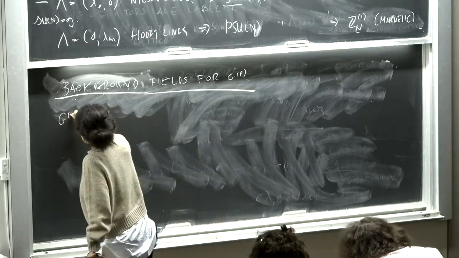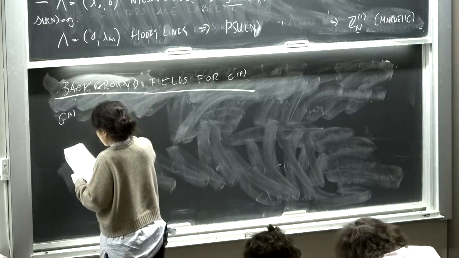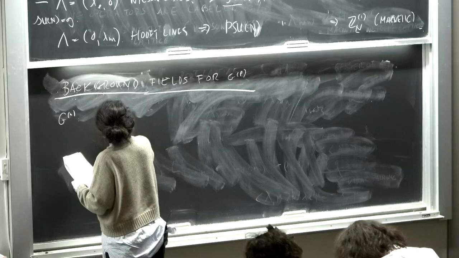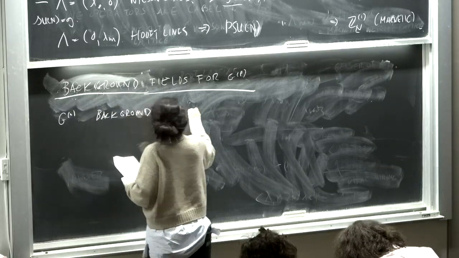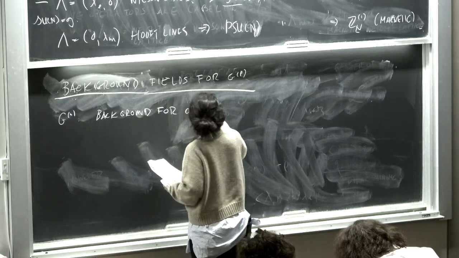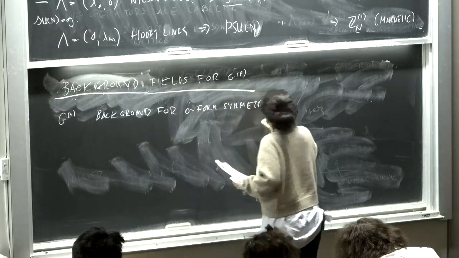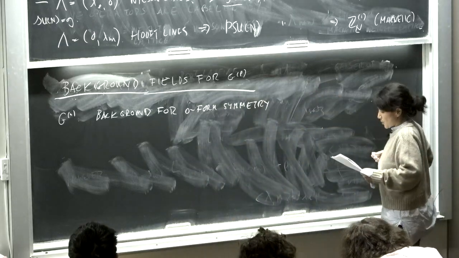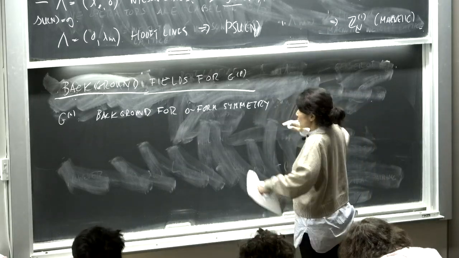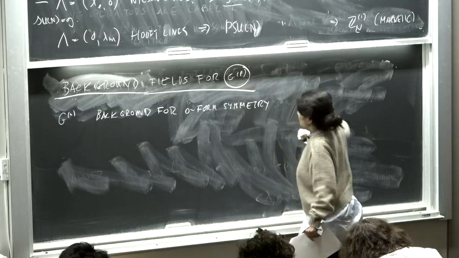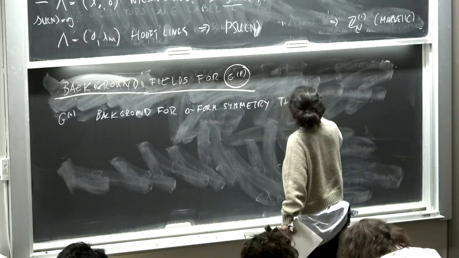But if you start with G0 and couple this to a background, the G0 background field for a zero-form symmetry, you all know how to do this for continuous symmetry. If G0 is finite, and that's the case we'll need to discuss for these p-form symmetries, a zero-form symmetry that is a finite group,